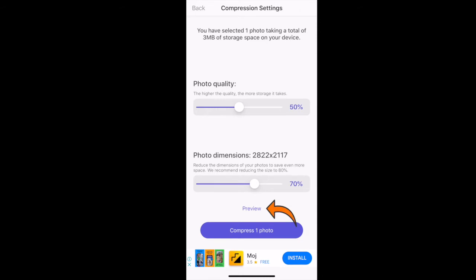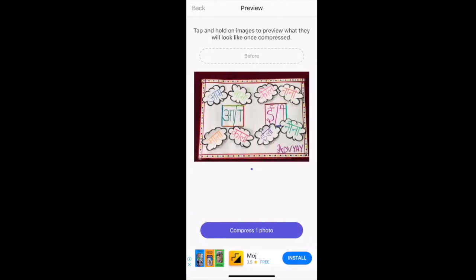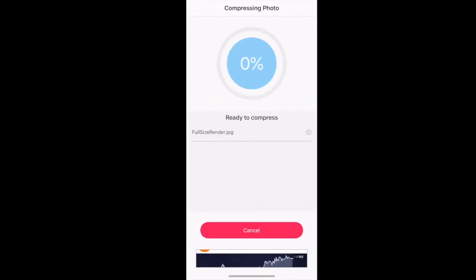Alright, there is some small text written here which is known as preview. So I can see beforehand how the picture will look after the compression. For example, see here, this is the original photo. When I tap on this, I will see the photo after compression. It looks almost similar, so I'm liking this and I will compress this.